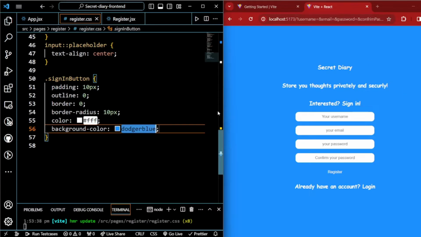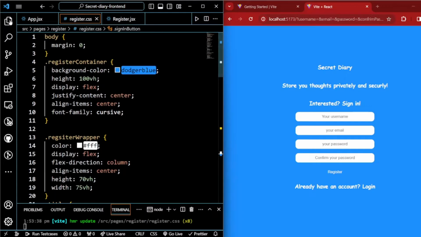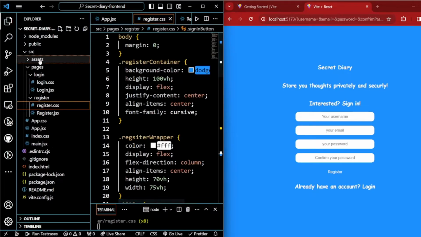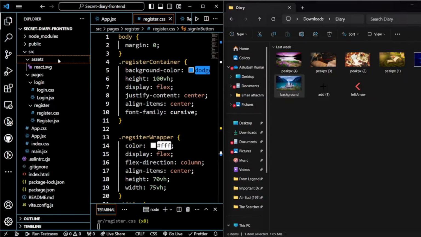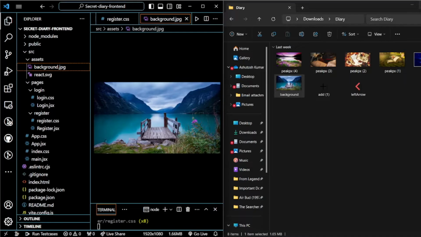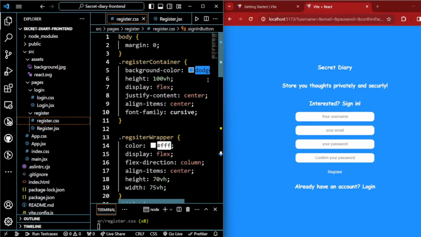So now it's time to change the background. So how can we do that? In the asset folder we can put our images. I've already created some images for you, so I will just drag and drop them here. We will use this image. So what is the background? JPG. So now let's go to